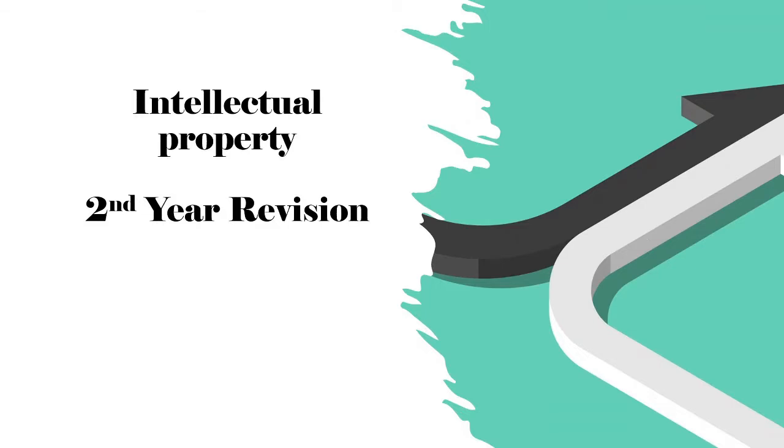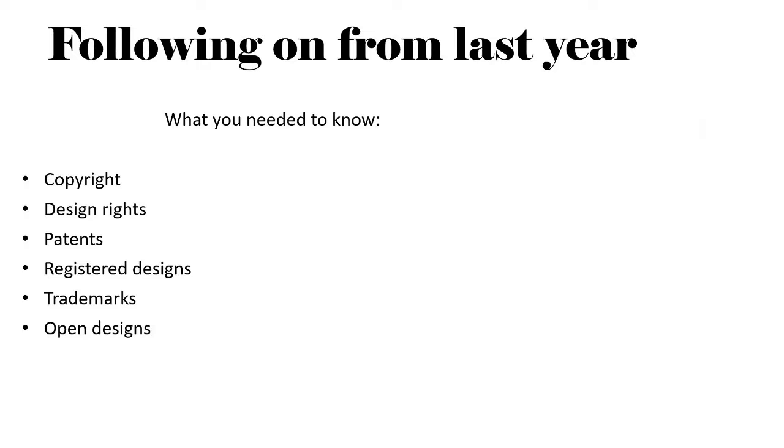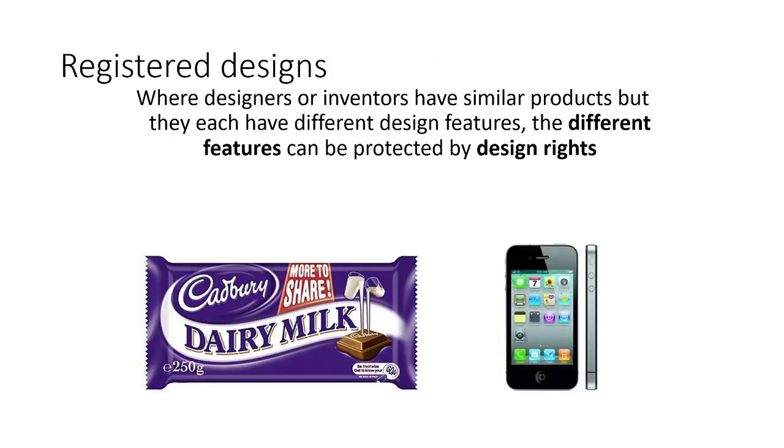Hi everyone, so today we're going to have a look at intellectual property for second year revision. Just a recap from last year, we're having a look at copyright, design right, patents, registered designs, trademarks and open designs. Registered designs were for companies where they have products that are going to be very similar and you can't just copyright the whole thing,